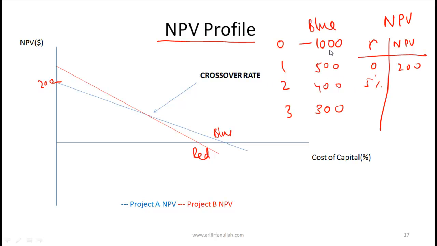then the present value of these future cash flows will become a little less. So at 5% we have a certain number, and then at 6% we have a certain number, and so on. Now what's the significance then of this 200? 200 is simply the sum of the undiscounted cash flows. So the y-axis intercept is the sum of the undiscounted cash flows, and this point over here, the x-axis intercept,